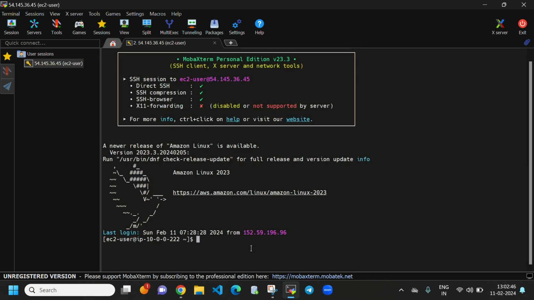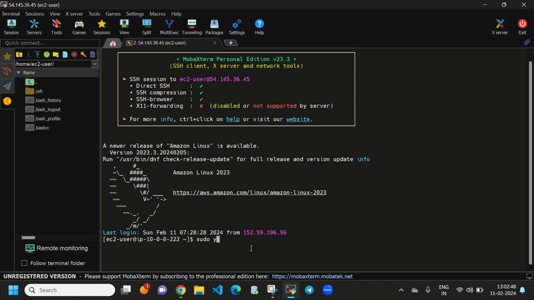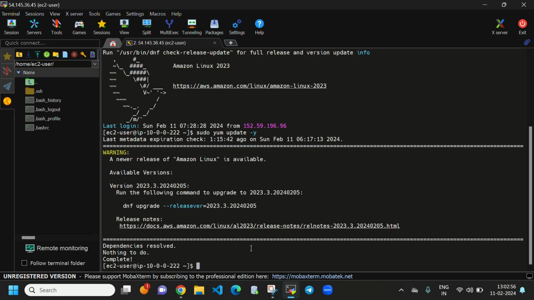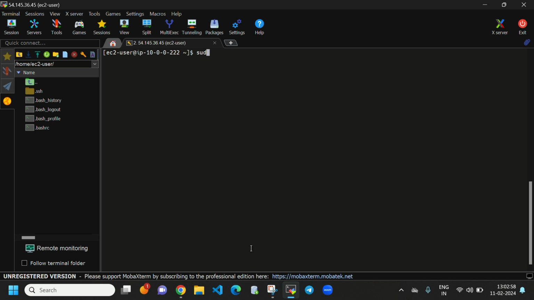First we need to update our instance by using sudo yum update. Then we need to become a root user, so sudo -i to become root, and we can see ls.